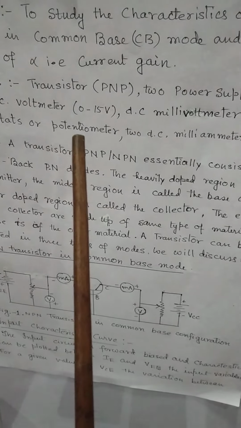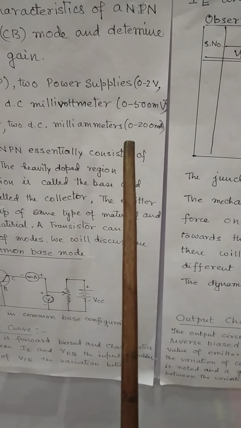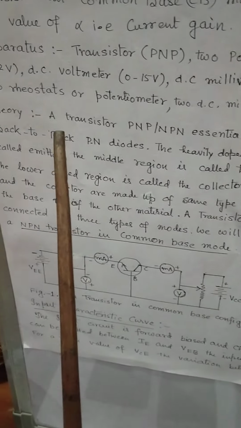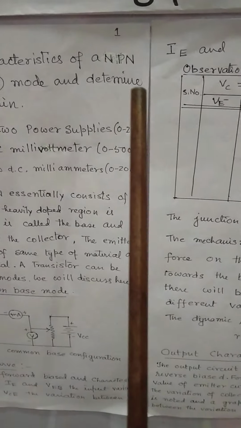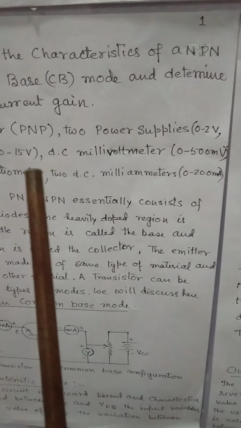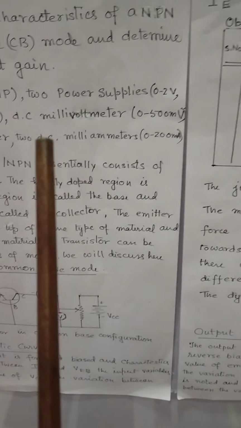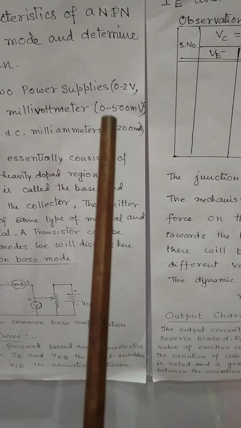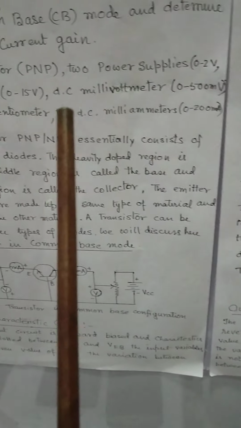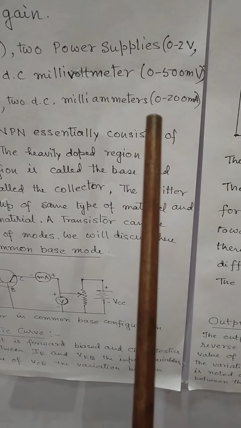Two rheostats or potentiometers, two DC milliammeters 0 to 20 milliamperes. Now we have used here the NPN transistor and the two power supplies, one DC voltmeter of 0 to 500 millivolt range and another DC milliammeter of 0 to 200